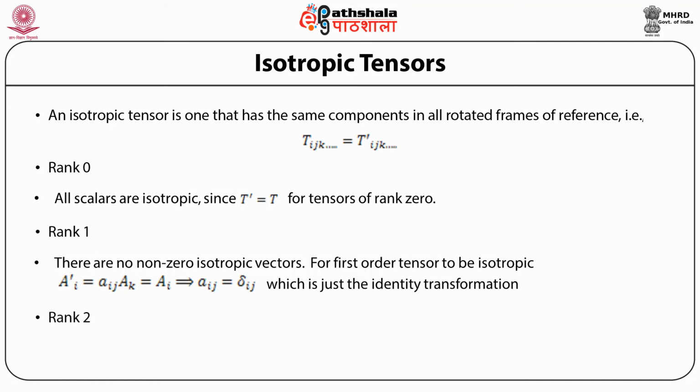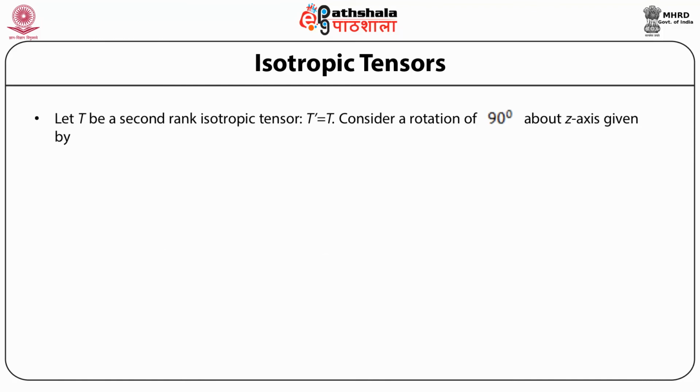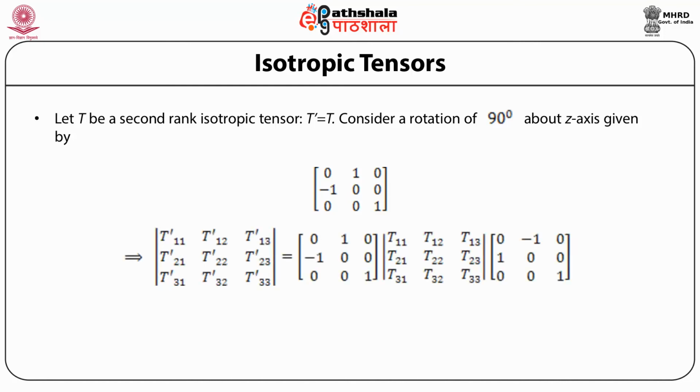Rank 2. Kronecker delta is the most general isotropic second rank tensor. Let us see the proof. Let T be a second rank isotropic tensor such that T dash equals T. Consider a rotation of 90 degrees about the z axis, which is given by the determinant 0, 1, 0, minus 1, 0, 0, 0, 0, 1. So this implies that the determinant T dash 11, T dash 12, T dash 13, T dash 21, T dash 22, T dash 23, T dash 31, T dash 32,